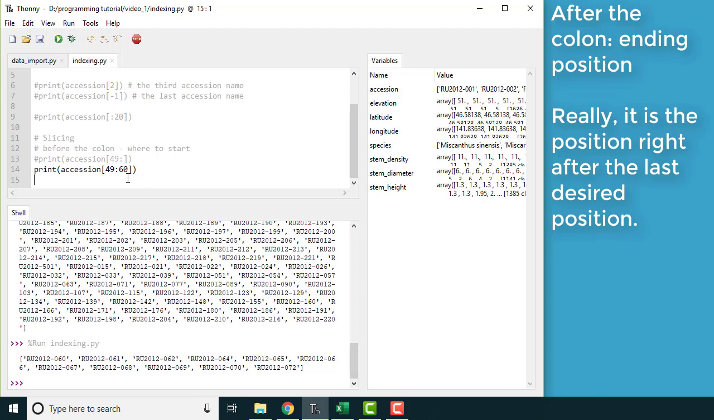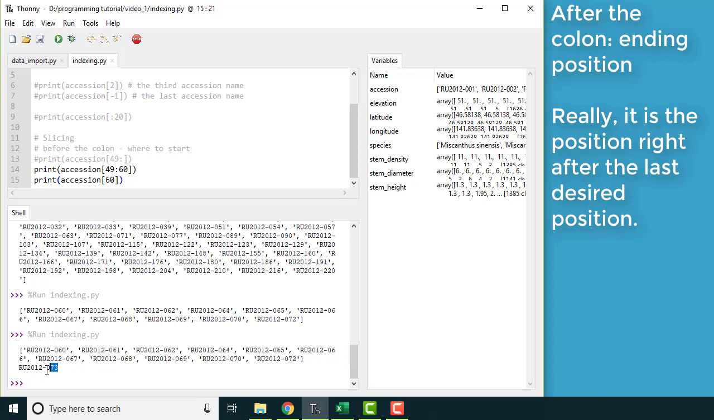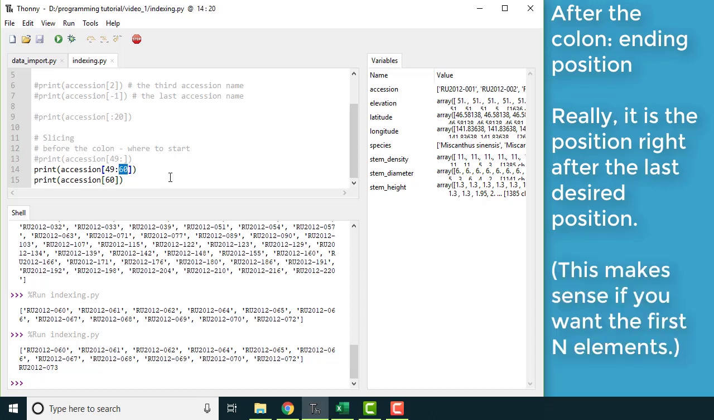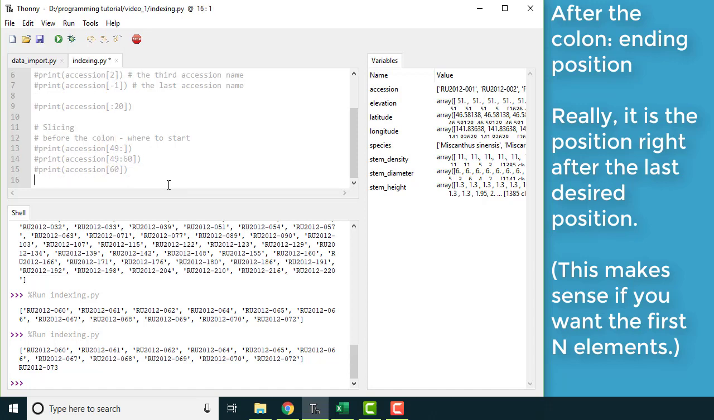But if I look for number 60, number 60 is actually this Russia 73, versus when I did 49 to 60, it gave me 72. So when you index or when you slice like this, it actually stops one position before the position that you give it at the end, which sounds maybe a little counterintuitive, but the reason why they do it that way, I think,